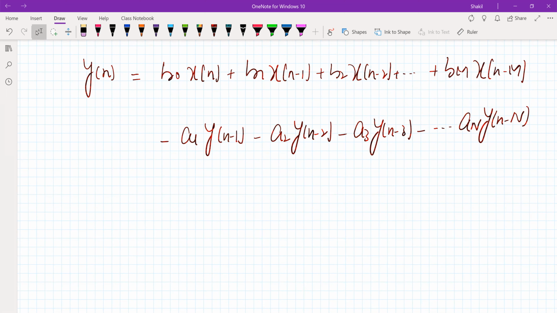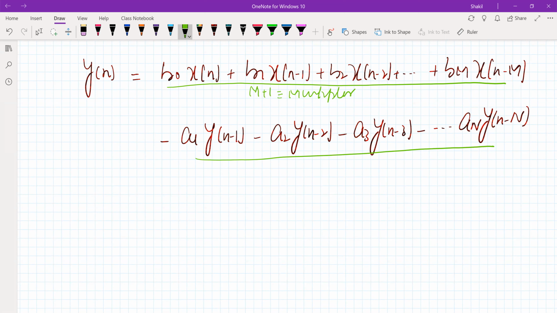Now have a look at this. How many multipliers are here? M plus 1 multipliers. How many multipliers are here? N multipliers. So this is